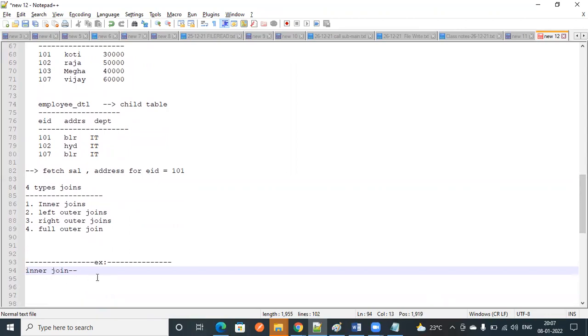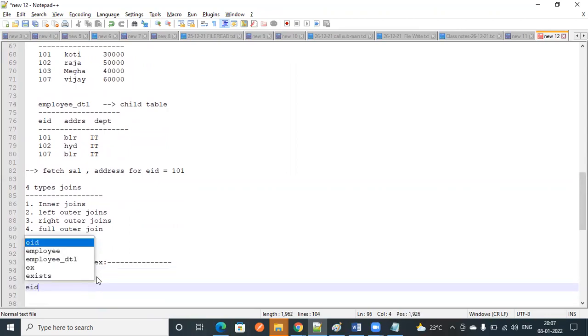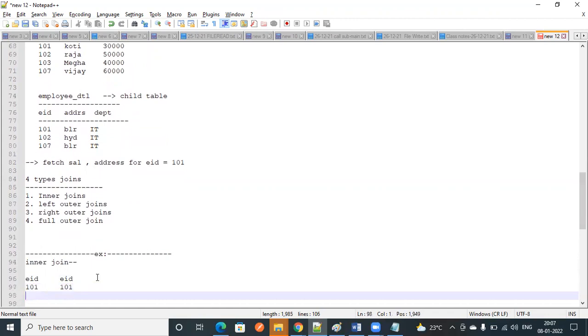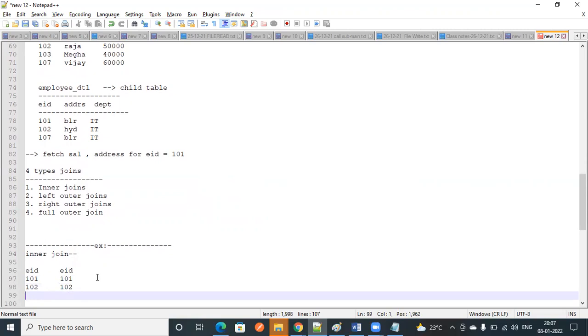First we will talk about only employee ID from the first table and employee ID from the second table. 101 is matching. Here also 101 is matching. Then 102 is matching. Here 102 is also matching. Then 103 is not matching in both the tables. Now it will check for another row, 107.